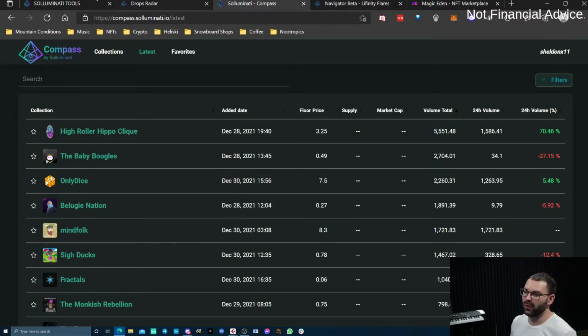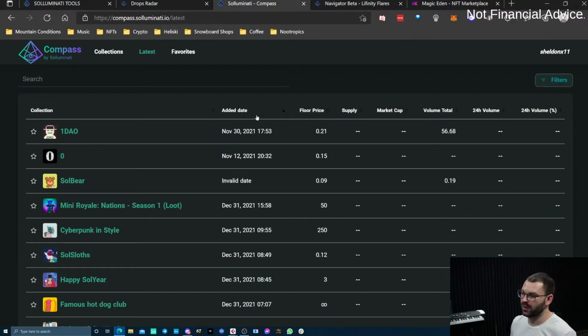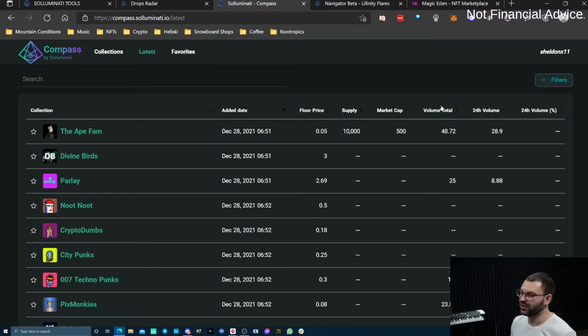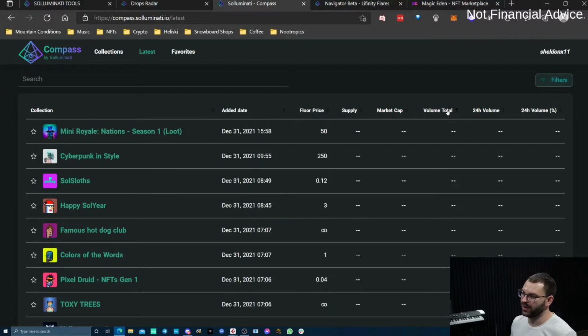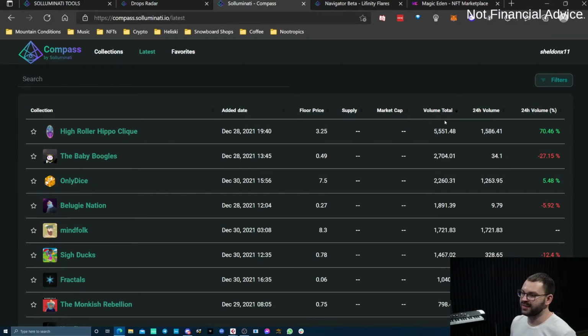Last demo is going to be the Compass by Solluminati. I'm going to start off in the latest tab, which is going to give me a way to filter by all of the most recent NFT collections, but I can also filter by total volume and see that High Roller Hippo Club currently has a crazy amount of 5,500 Solana total volume since it minted on December 28th,